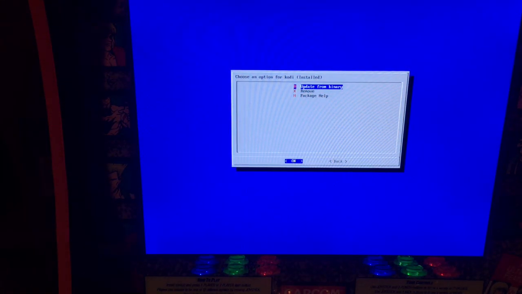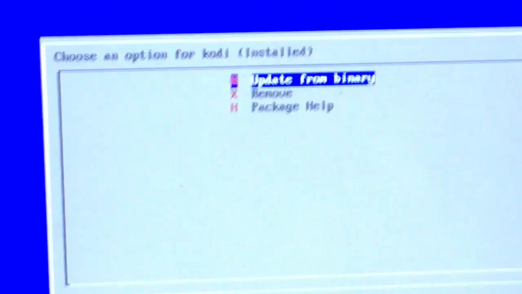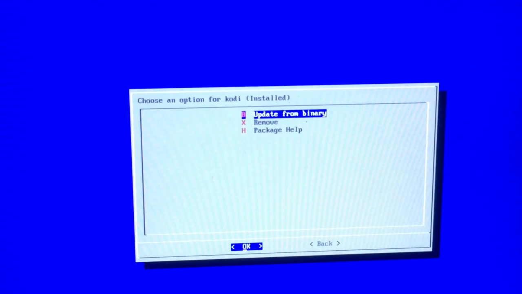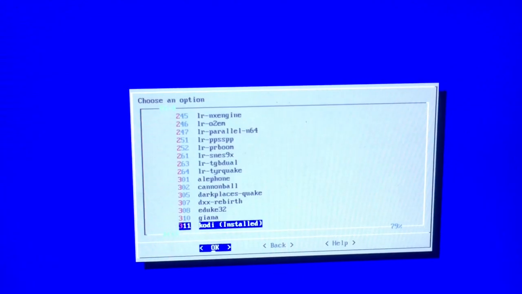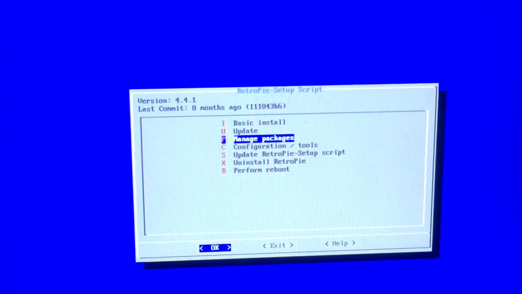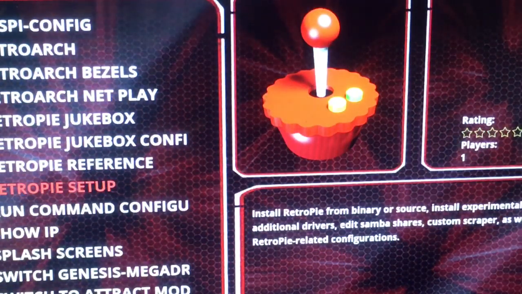All right, so now because it's installed, you see the option to install has changed to remove. So if you ever get tired of having it on there, you can go to remove and remove it. So we'll move over to go left and right to back. Now back us up out of here. We'll go to back again. Now back us out, back, and finally exit. That'll get us back to the RetroPie screen. We'll back up out of here,